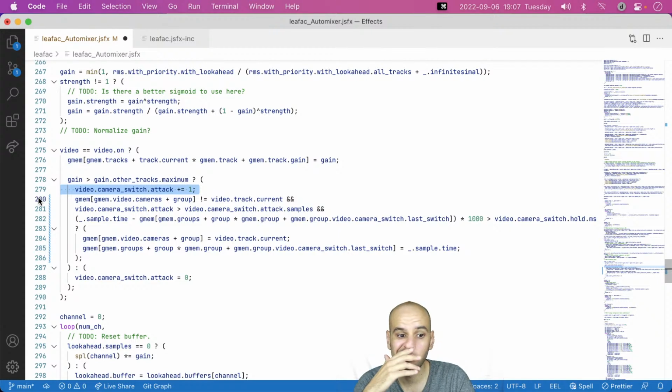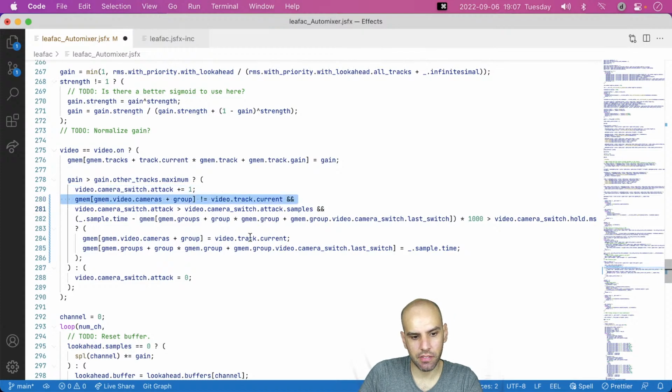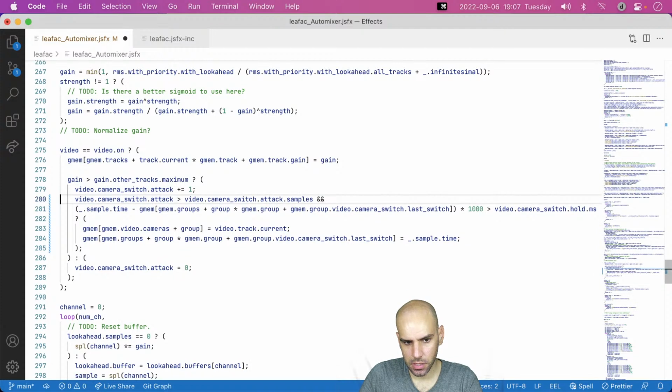I'm thinking of another way of doing this. Instead of having this condition here, which is a sensible condition, but it may not be ideal. It may not be the best way of representing this. So how about we do it like this?